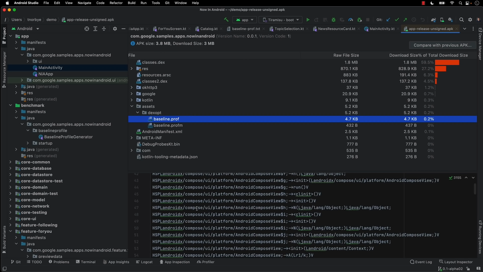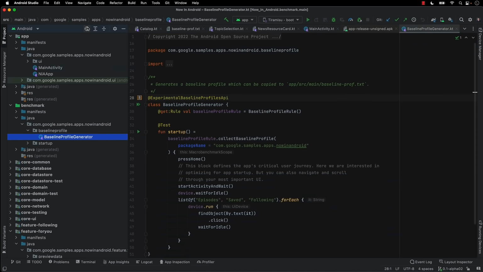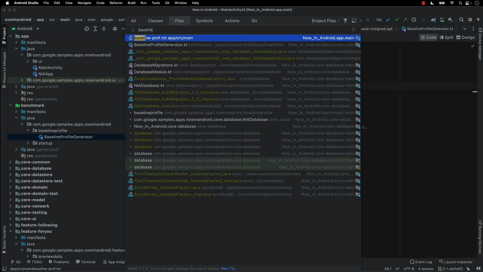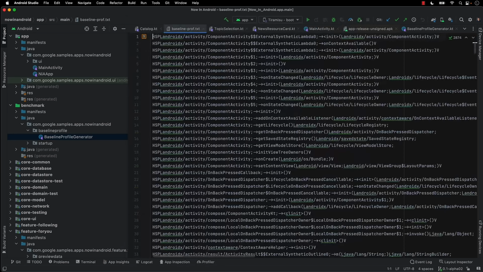We ship these baseline profiles with the Compose libraries, and the Gradle plugin merges them into your app. But you can even customize this for your own specific startup code path. Here's how this works in this app. This is a benchmark test which runs a core scenario to start your app. It'll create a baseline profile file, which you then pull from your device. You can then check this text file into your source tree, and then the Gradle plugin will handle the rest.